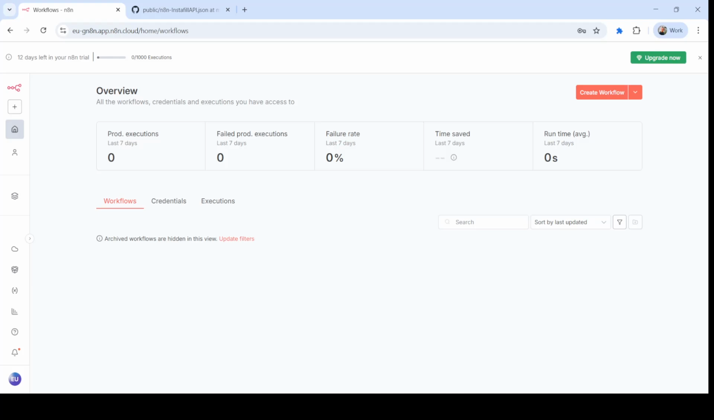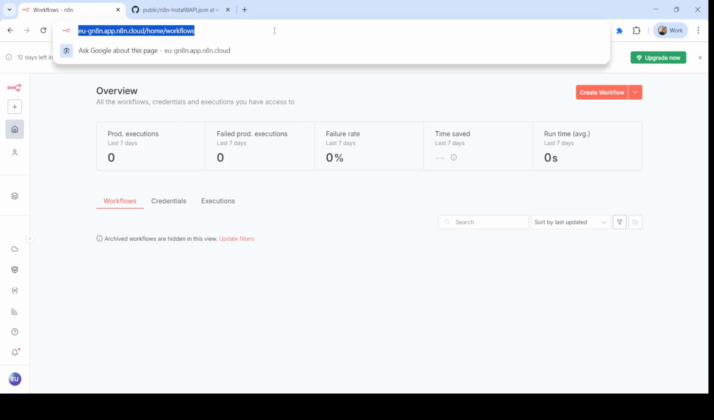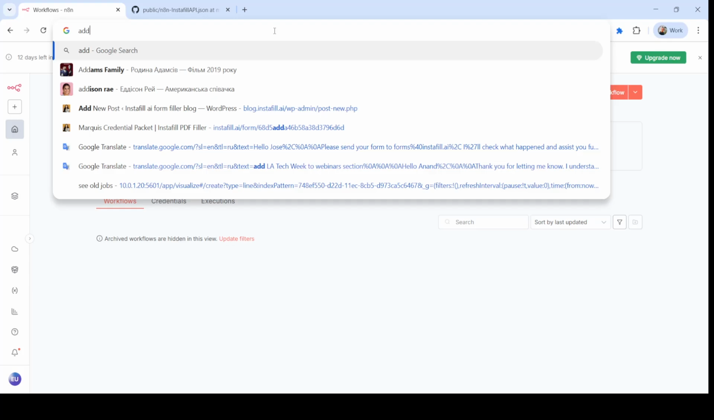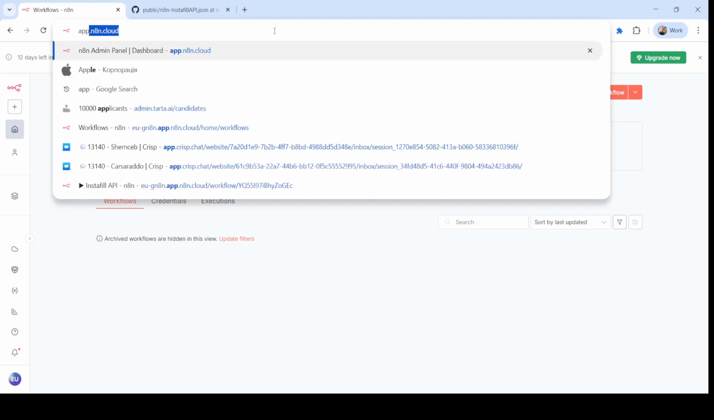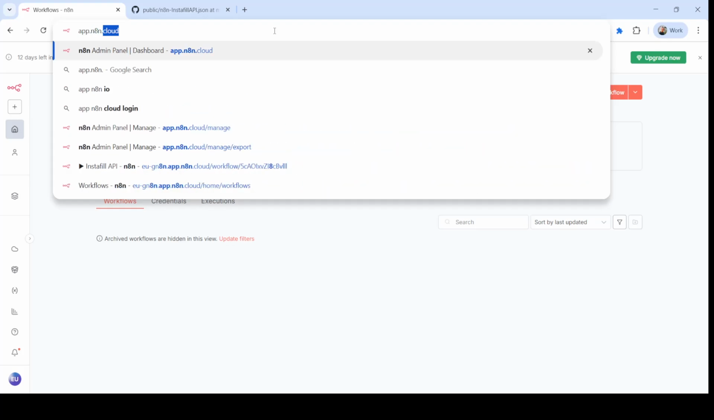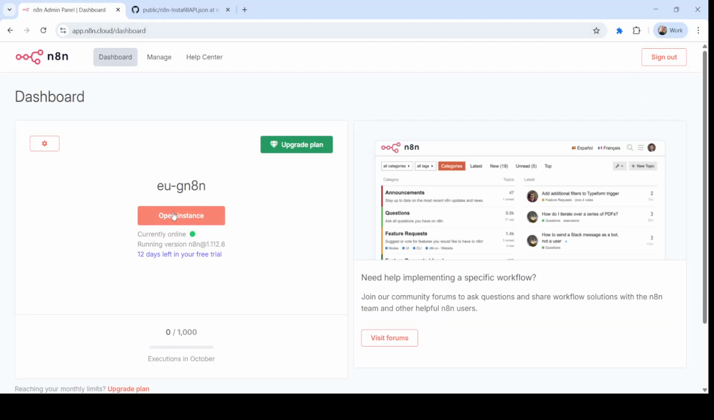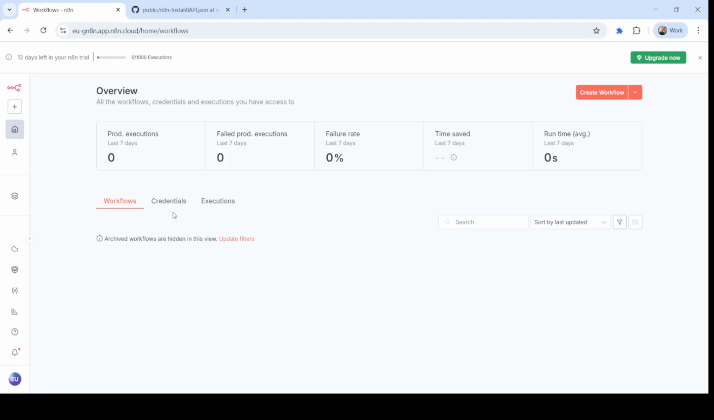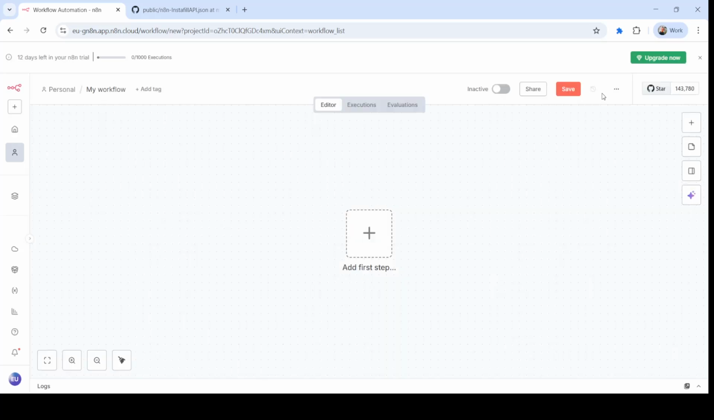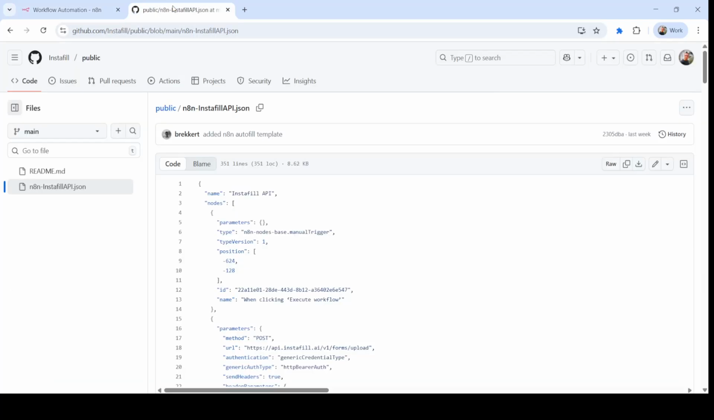Let's start. First we need to sign in to your n8n account, app.n8n.cloud. Here you can choose your existing instance, and now we create a workflow, and here we can import our template from file. But first we need to go to our GitHub profile, and here I will share you